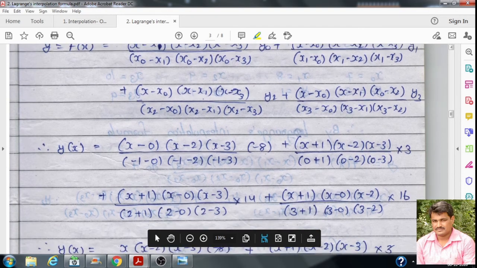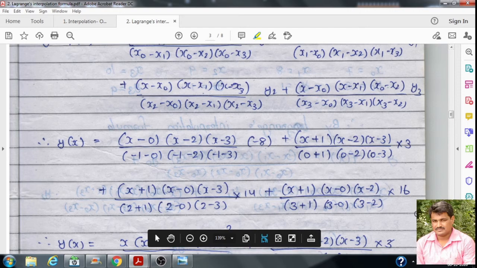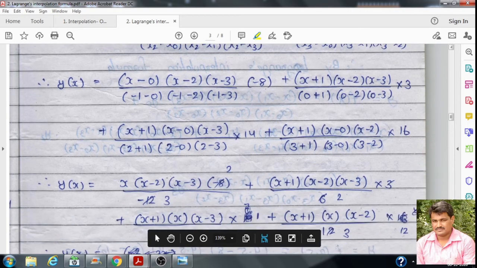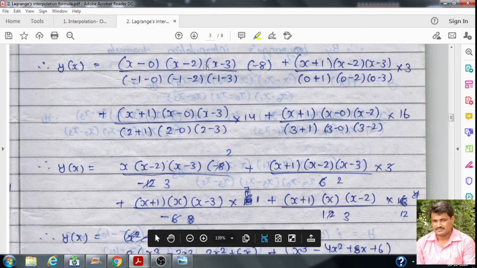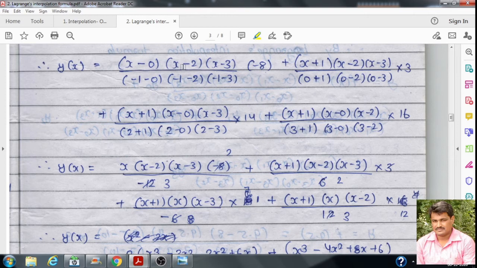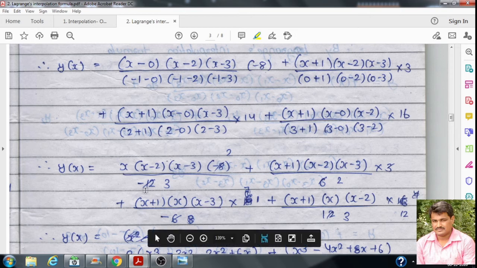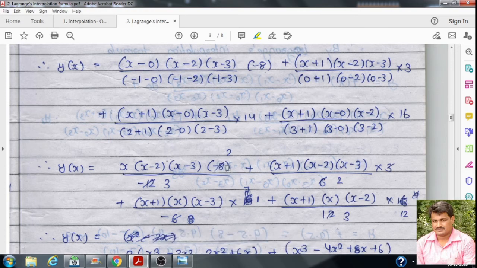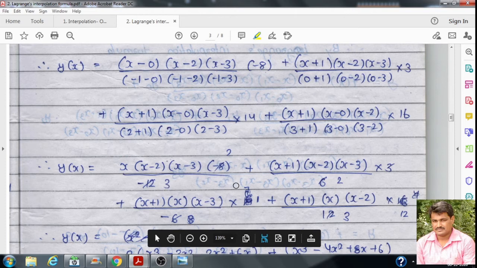And then if we simplify that, we take the addition of all the terms. Means here, if we simplify the numerator, x minus 0 means x, we write x into x minus 2 into x minus 3, we keep as it is. Here is the -8. The denominator, if we simplify, is -12. Then the minus cancels from numerator and denominator, and we divide both sides by 4. Then we get 2 and 3. Similarly, simplify the second term, third term and fourth term.